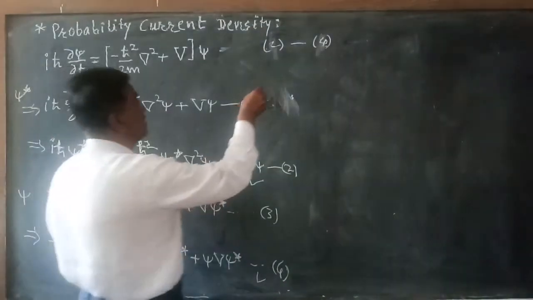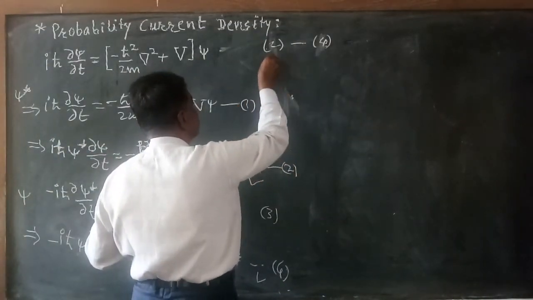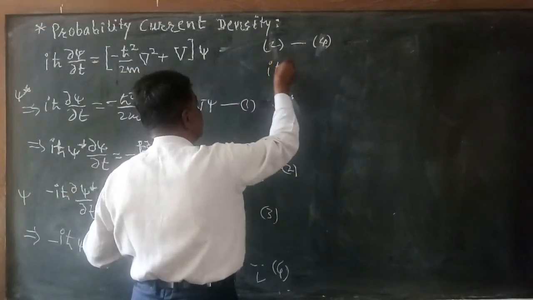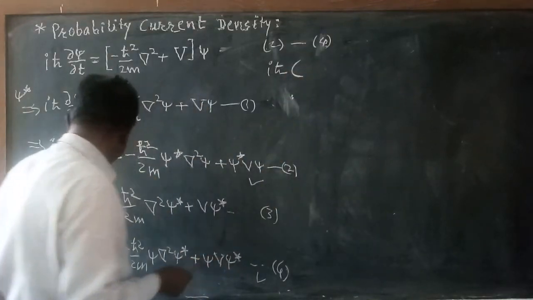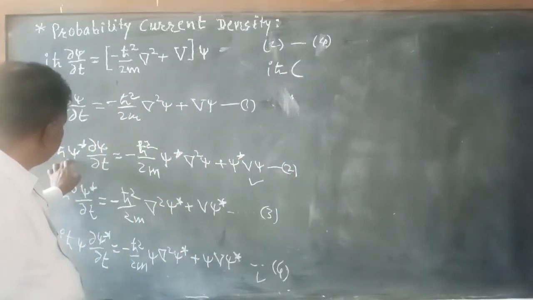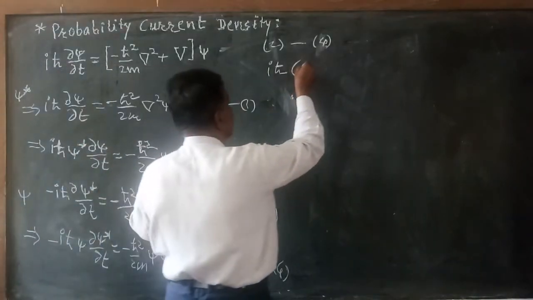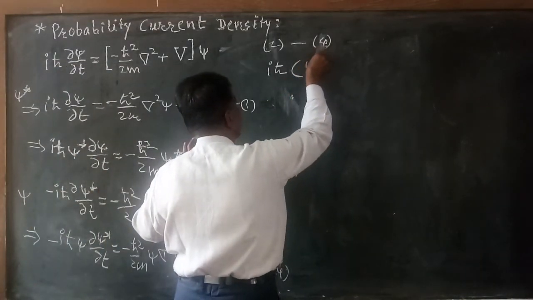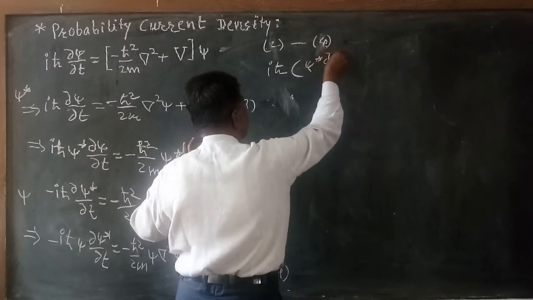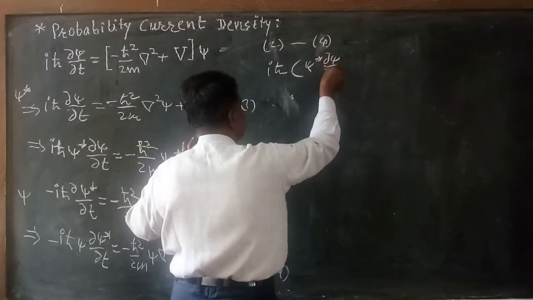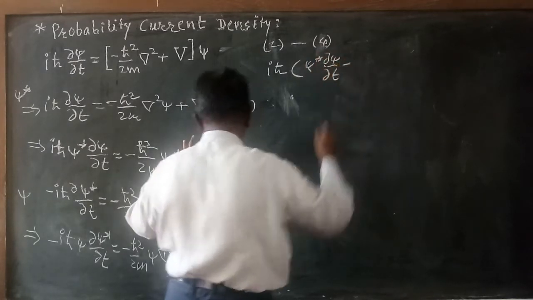So we will take the common factor as it is, i h cut into bracket, the psi star delta psi by delta t, minus